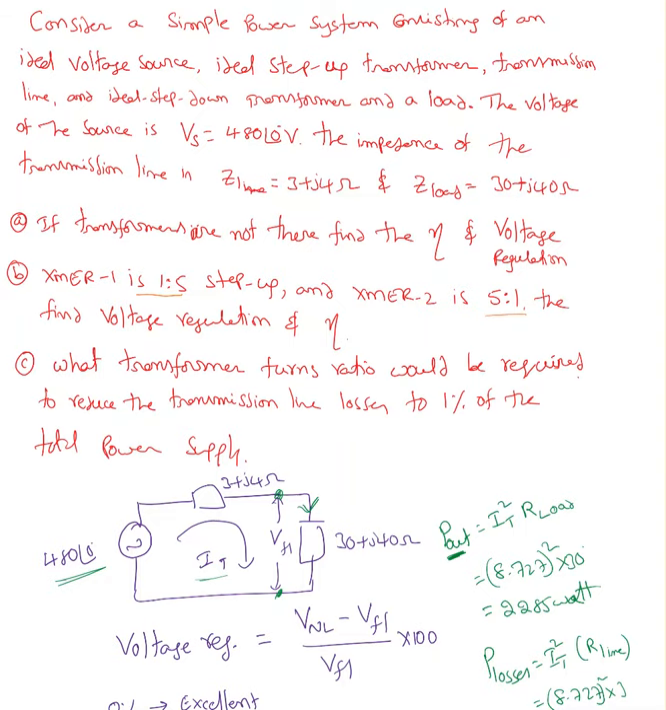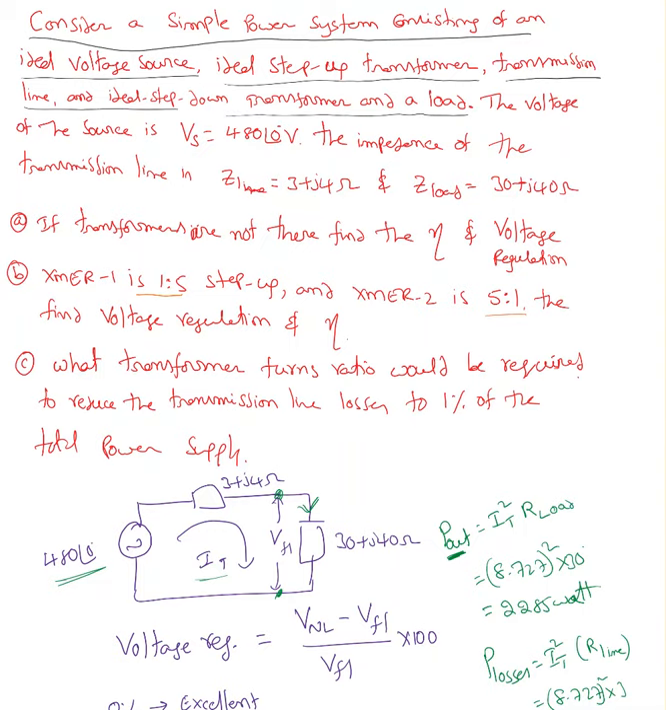Here is an example based on an ideal transformer. Please pardon my writing. I'm going to read it. Consider a simple power system consisting of an ideal voltage source, an ideal step-up transformer, a transmission line, and an ideal step-down transformer